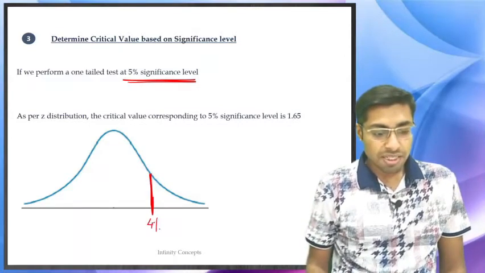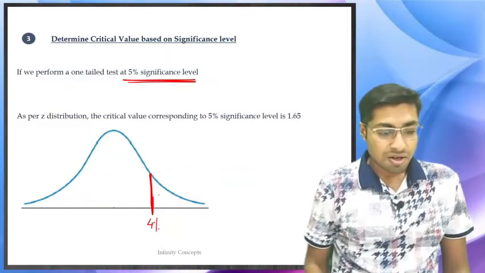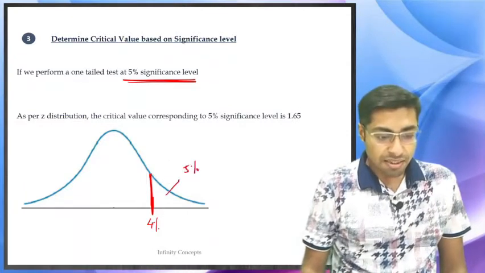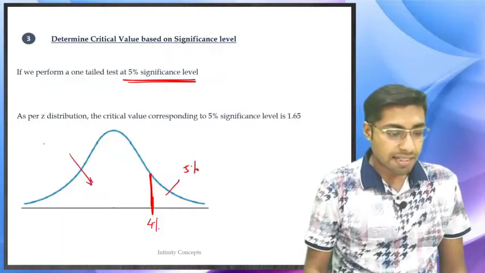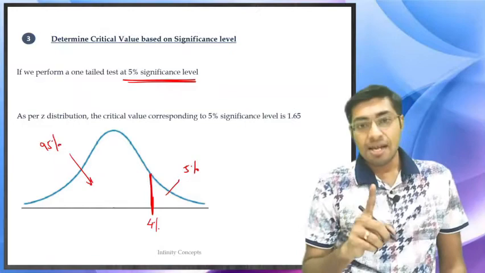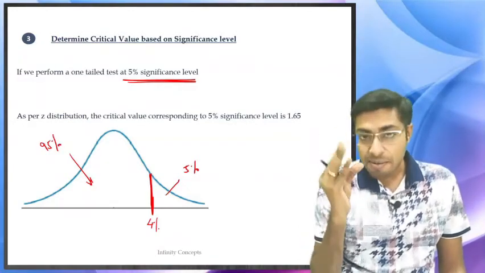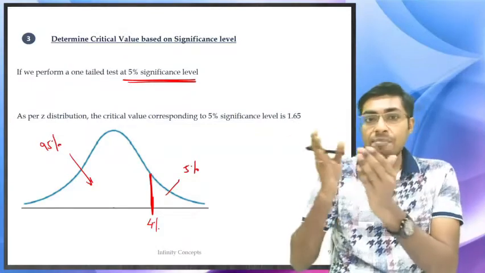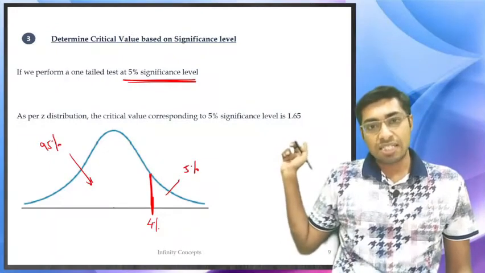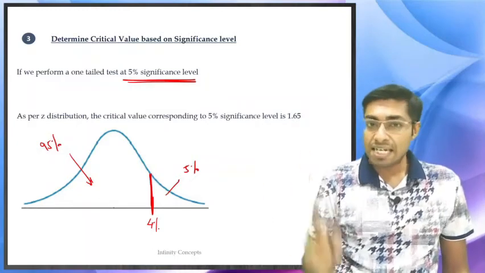This is what your 4% mu is. The hypothesized value is 4%. This is your significance level. So over here the area is 5% and over here the area is 95%. Remember, this is a one-tailed test. In a one-tailed test, if they have asked the significance level as 5%, then the whole of that 5% is going to sit in your one tail only, which is on this particular side. Remember, this is your one-tailed test.